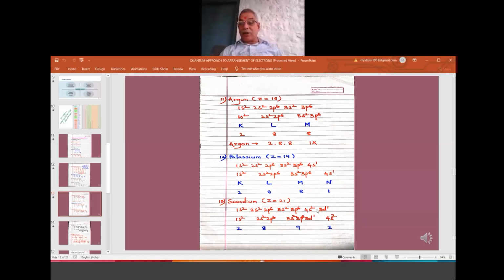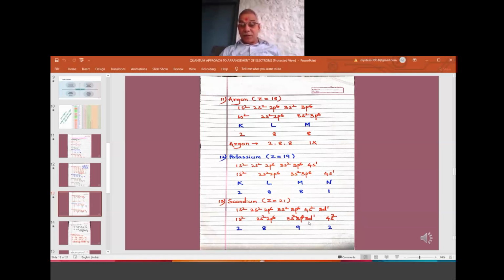Now, after writing the 3d1, I have to arrange as per the principal quantum number. So principal quantum number 1 I have taken first. Now, principal quantum number 2, there are 2s2, 2p6 here. Principal quantum number 3, 3s2 is there, 3p6 is there, there is 3d here. That 3d I have to bring here, so that all three are on one side. Now 4s, principal quantum number 4, I have taken at the end, last.